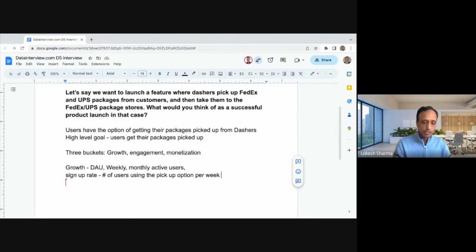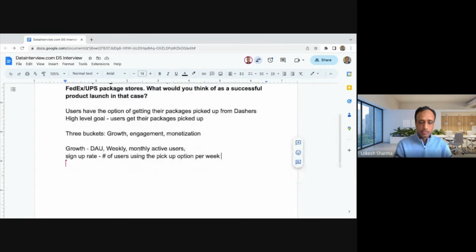So I will track the number of users who are using that feature per month or per day or per week, since usually the packages, maybe they are returning once or twice a month on an average. So it might make sense to track it as usage per month.